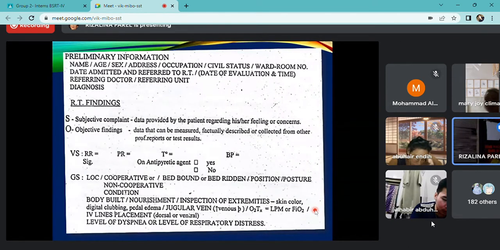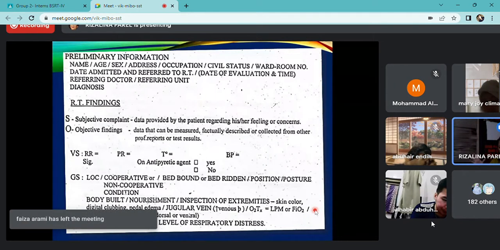So, kung nagre-respond ba kapag nag-apply ka ng pressure doon sa skin niya, doon sa kanyang paa or doon sa kanyang tuhod, kung nagkakaroon pa rin ba ng edema, and i-evaluate mo yung edema niya kung nasa baba lang sa ankle area, okay, sa knee area, or dito na sa leg area, or sa